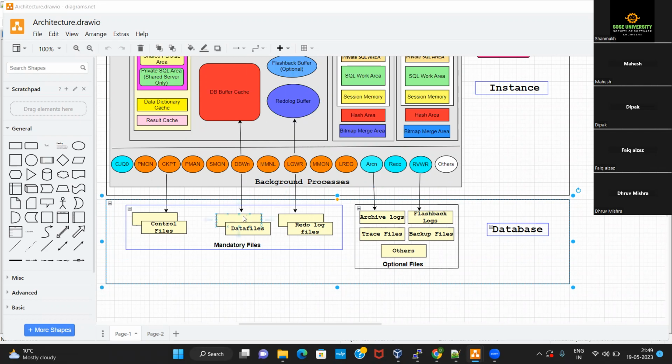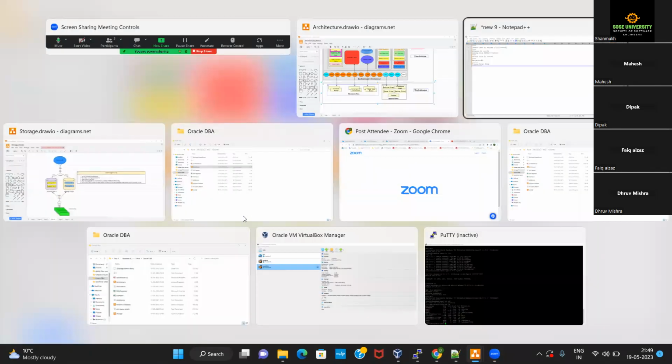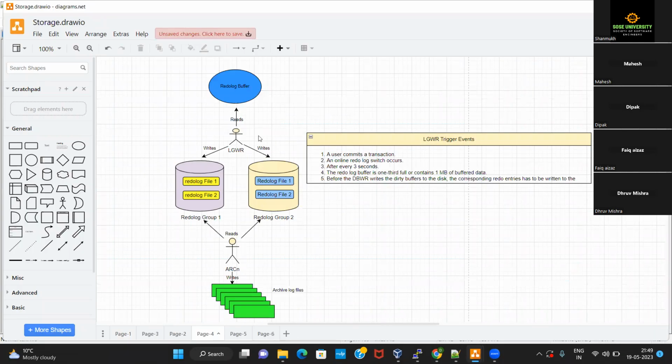So, coming back to this diagram. It is the job of the LGWR background process, which you see over here. It will read the entries from the redo log buffer and write them onto the redo log files.